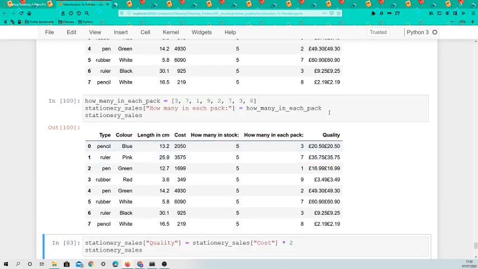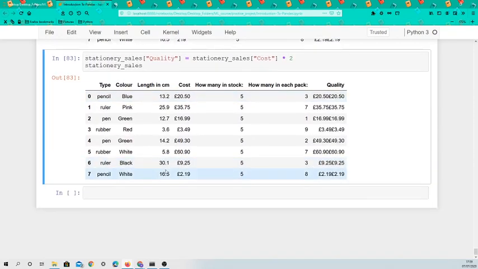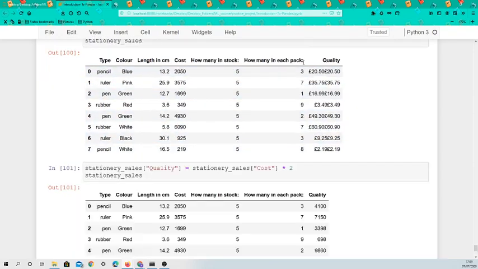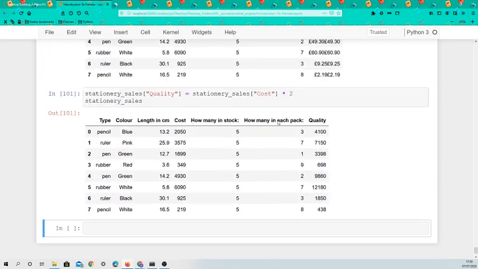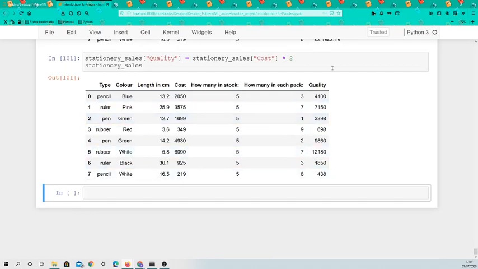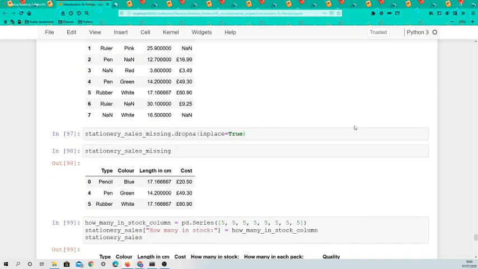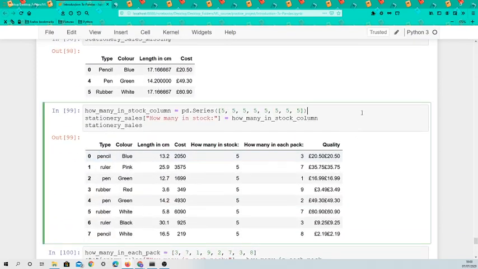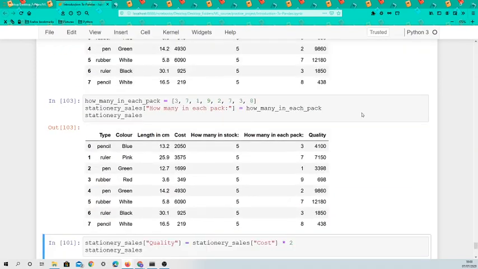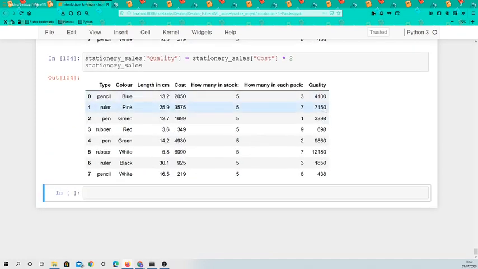Okay, so now that still doesn't work. So again, now that is working. Okay, so now it's working because I ran everything, and now everything's kind of messed up. So let me just run this again so it doesn't look weird. Okay, so we have got it perfectly. Okay, so now that we have done that, we can also